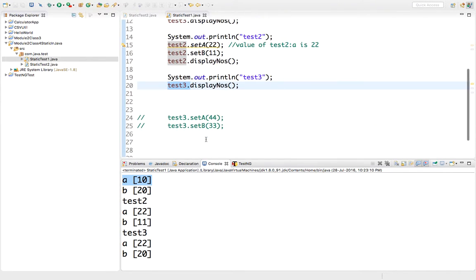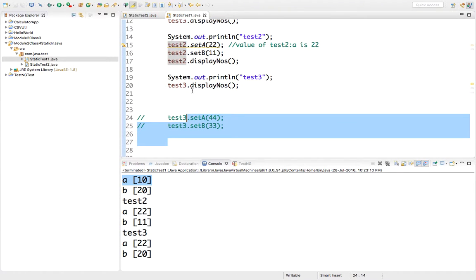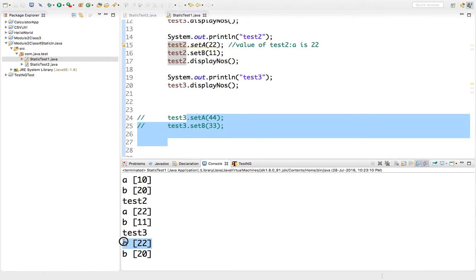You have not modified it, you have commented the code, but still test3.a is showing 22. The same value that you have set for test2 is displayed in test3 also. So what is happening is, irrespective of the number of objects like test2, test3, whatever number of objects you create, the value of A is common to all of them.